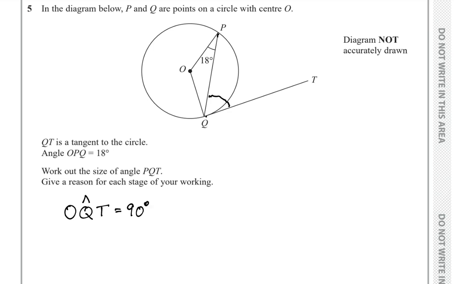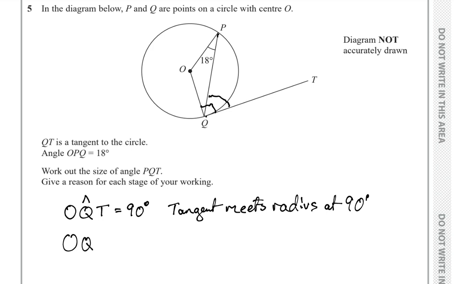And it says give a reason for each stage. Well, I know, and you've got to learn these rules, that the tangent meets the radius at 90 degrees. Tangent meets the radius at 90 degrees. That's the first one, so let's put it on our diagram, we know that that is 90 degrees. So we need to know what this little angle in here is. So we need to know OQP,